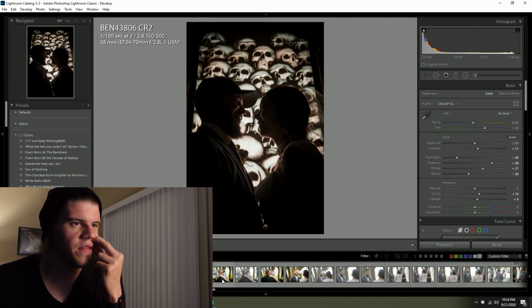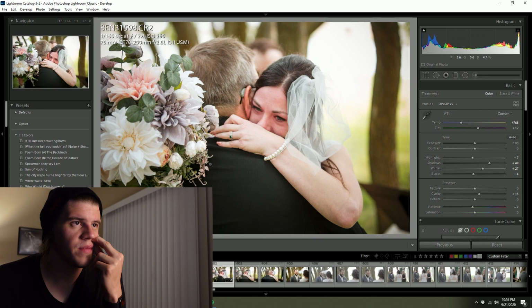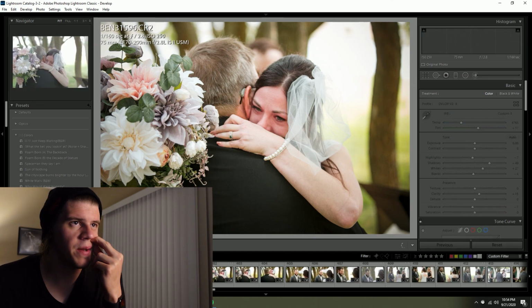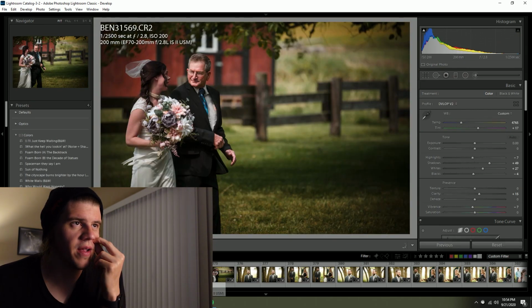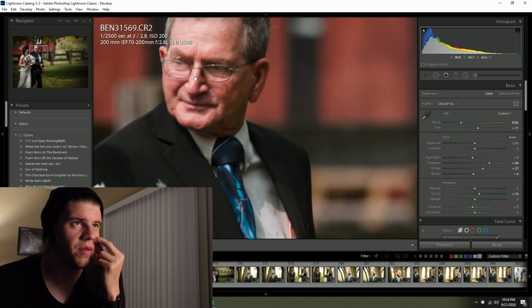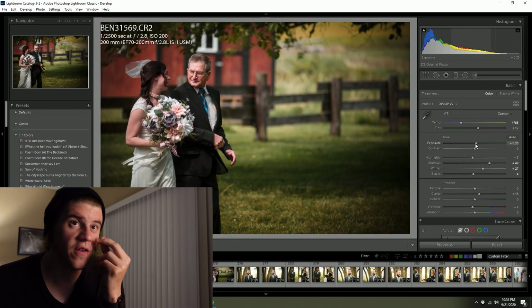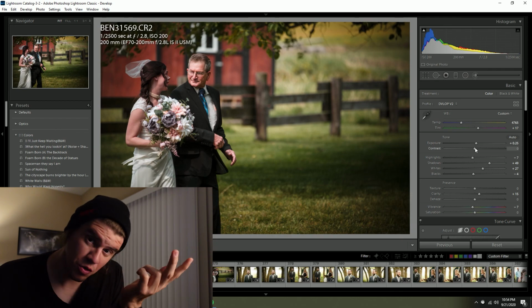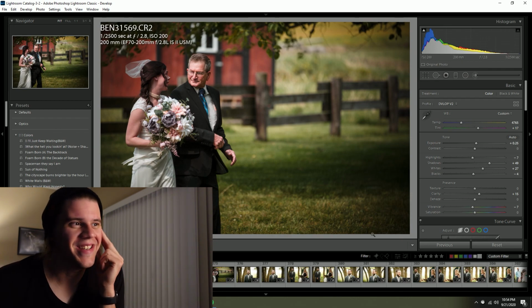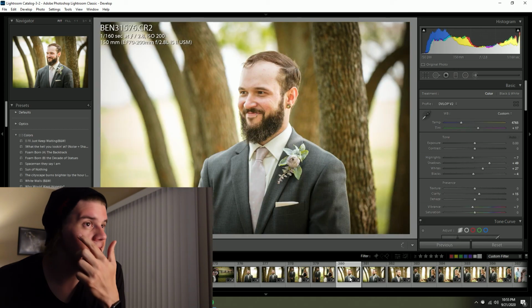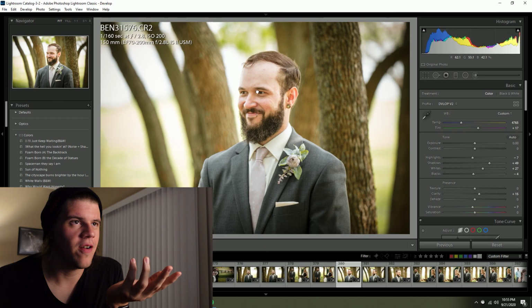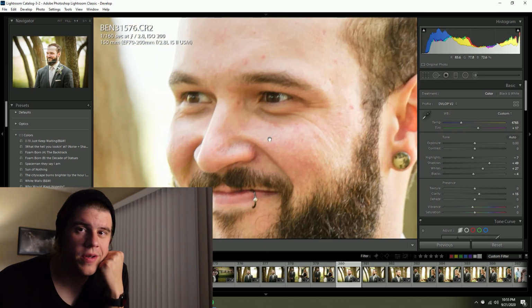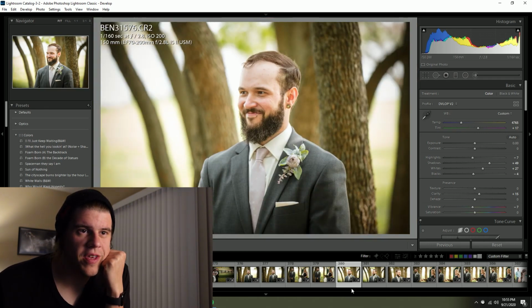Let's see what else. Giving a hug to Dad way down the aisle. These are slightly out of focus too. That's what happens with wedding photos. If you look closely at a lot of wedding photos, they're not that sharp because everything is moving so fast, and you can't be like, can you go do that again? You just gotta roll with the punches and hope for the best. It looks fine here, but you zoom in on any photo, they're usually not as sharp as you think they are,